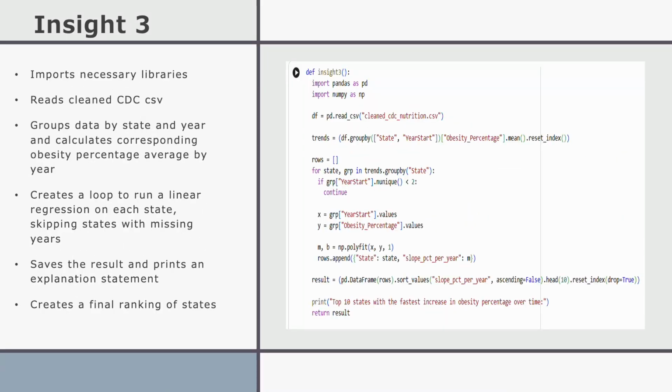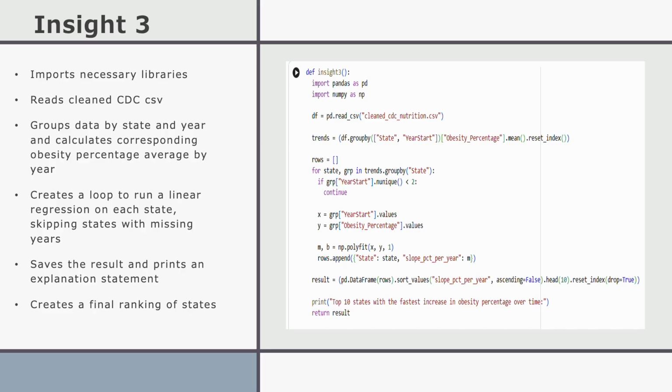Now moving into Insight 3, we started by looking at long-term obesity trends across states, and we imported the clean CDC dataset and grouped the data by state and by year to calculate each state's average obesity percentage annually. From there, we ran a simple linear regression for each state to measure how quickly obesity rates have been rising